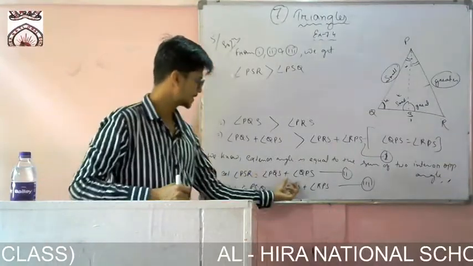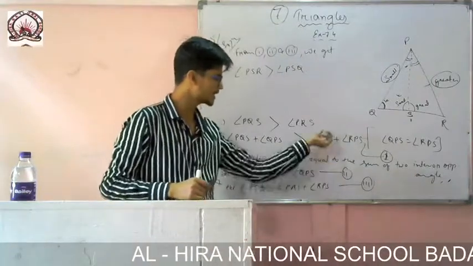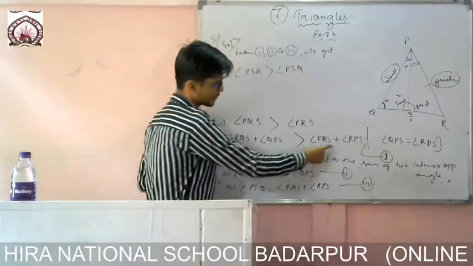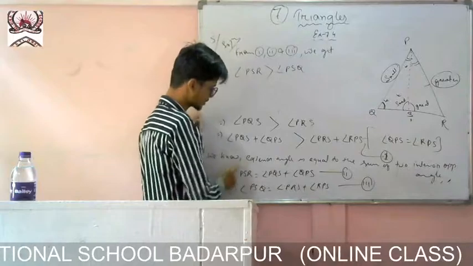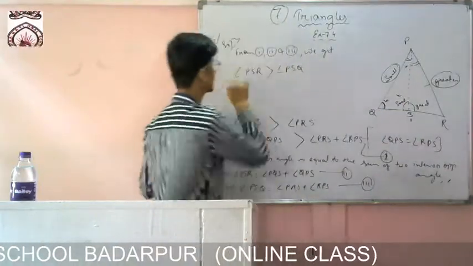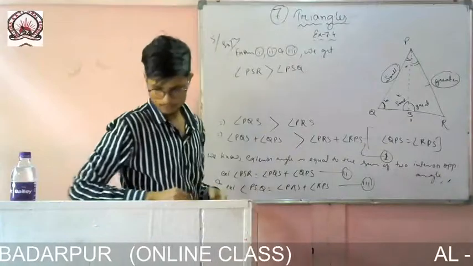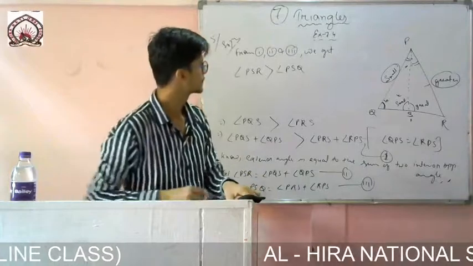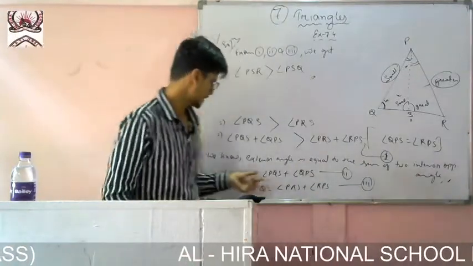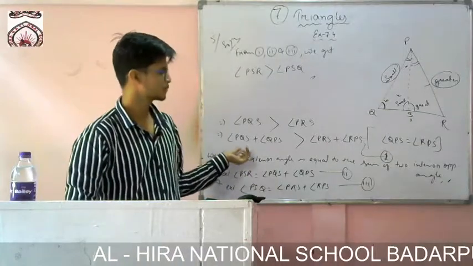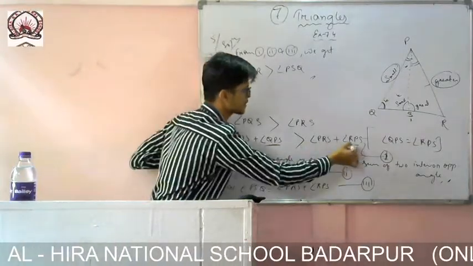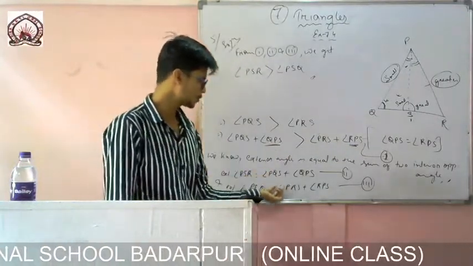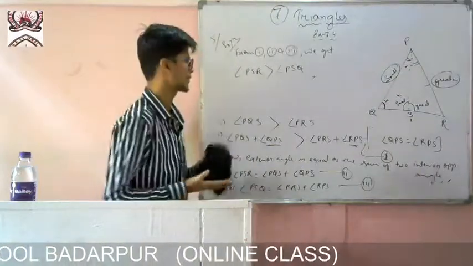You see very carefully, that's why I have given 1, 2 and 3. If I just relate these 3, that means you see this part is equal to this one, then I can write here, and this part is equal to that one, so I can write this one here. Both of them are angles, so I have not written exterior, just wrote PSR is greater than PSQ. So the question is to prove this one, and we have proved it. There we have used the exterior angle property. These two parts were common, so I have written one time this one here, another time that one here. Why I have written? Because I want to prove it like this, using the exterior angle property.